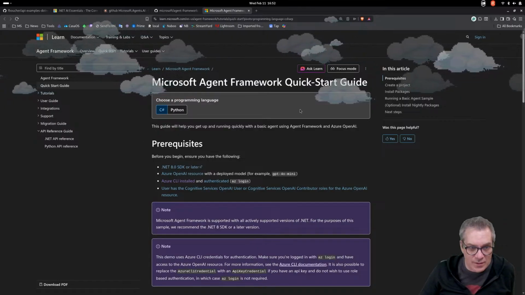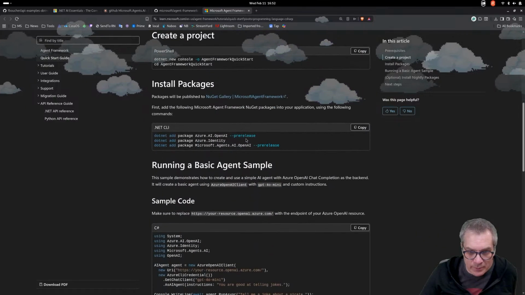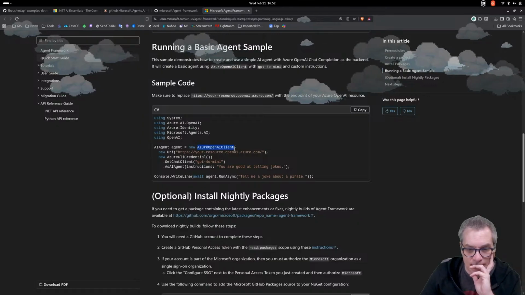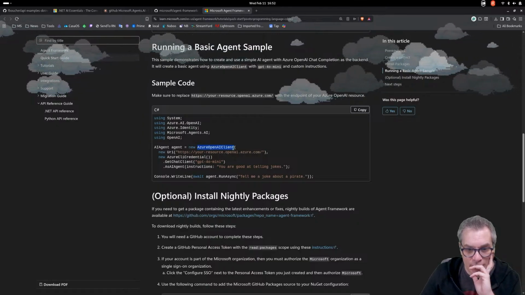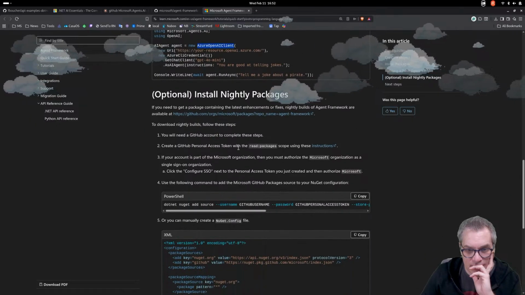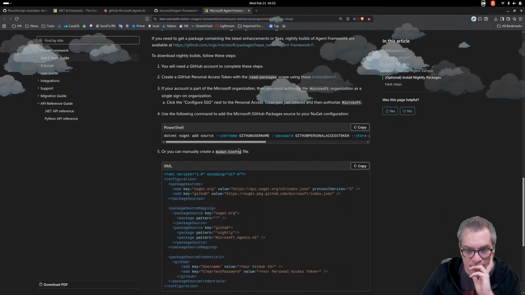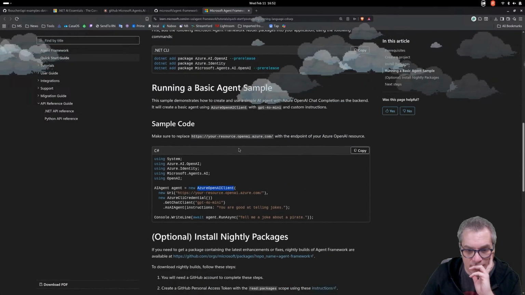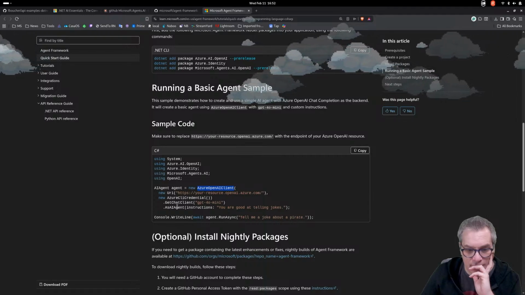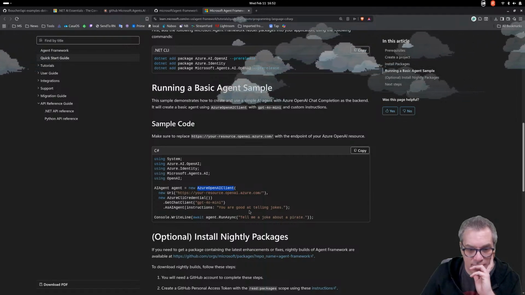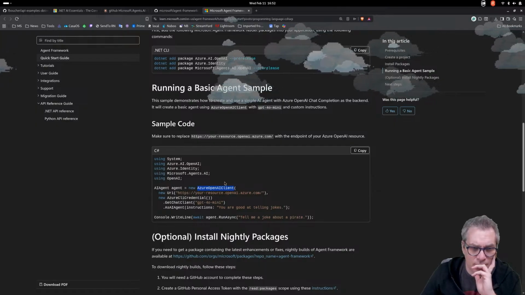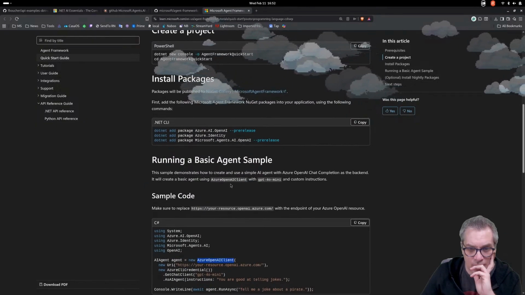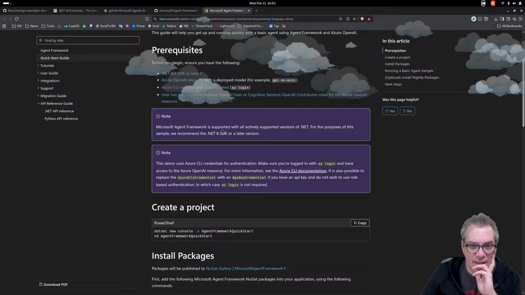So agent framework, quick start, maybe it's not the quick start we want, because quick start will just do exactly what we did, right? It's the Open Azure AI client as AI agent. What? Okay, what if it's not Azure? What was the thing that I didn't like about this one?